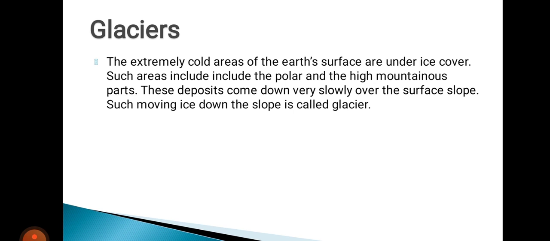These are basically moving ice sheets, like your river as it flows. Similarly, these huge size ice sheets also flow like your rivers. These are called your glaciers. Because of glaciers also, various types of erosional, transportational and depositional features are found on the earth. So that we will discuss today.